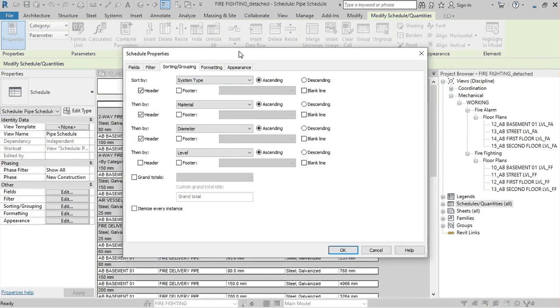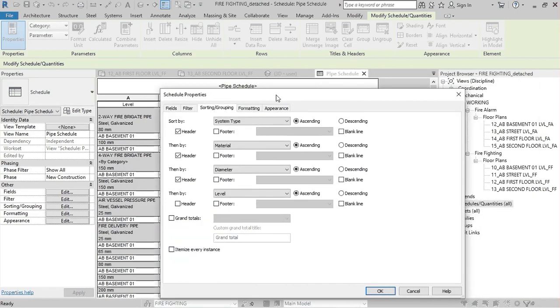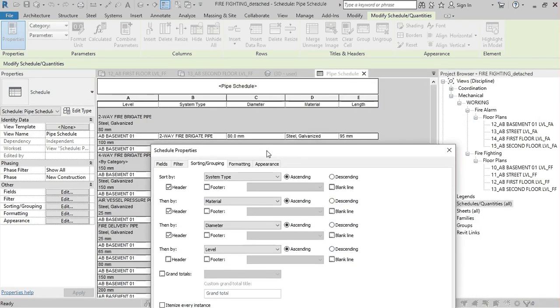I can now show how I took this schedule. First column system type, second one steel galvanized material, third one diameter, fourth one level.